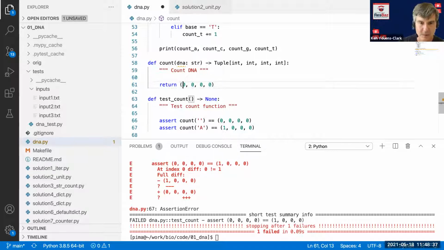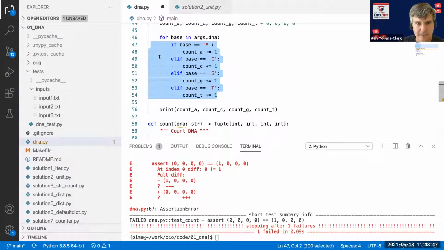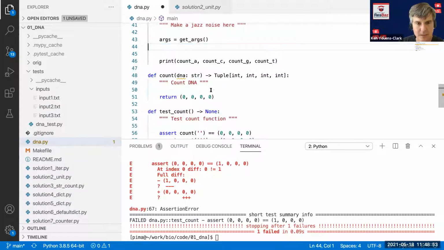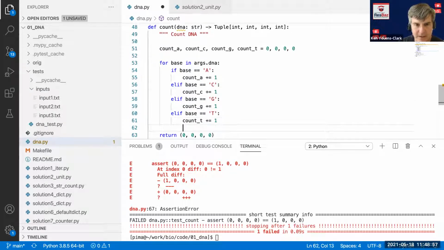Just to make that look nicer, I'm going to put that in parentheses. So essentially, I just need to take all of this code and move it into my function. This is something I don't like about IDEs. I don't like using the mouse. I'm going to paste my code in here, and now I'm going to return those counts.